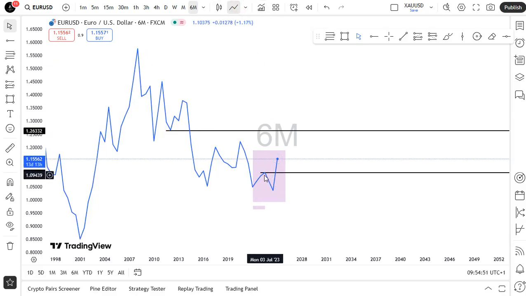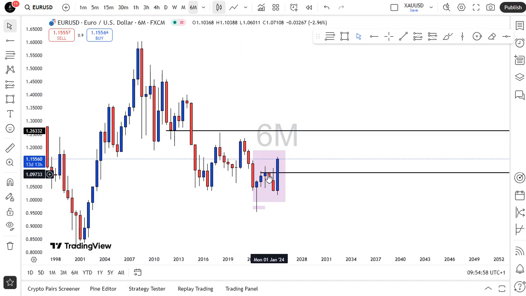This high where my hand is pointing to was formed after that pin bar low we saw down there. This high we're seeing here was formed after this one. So normally this high was the last high that formed this low here. So normally I should be expecting to see this guy being taken out to confirm that there has been a break of structure, because by the understanding of ICT,